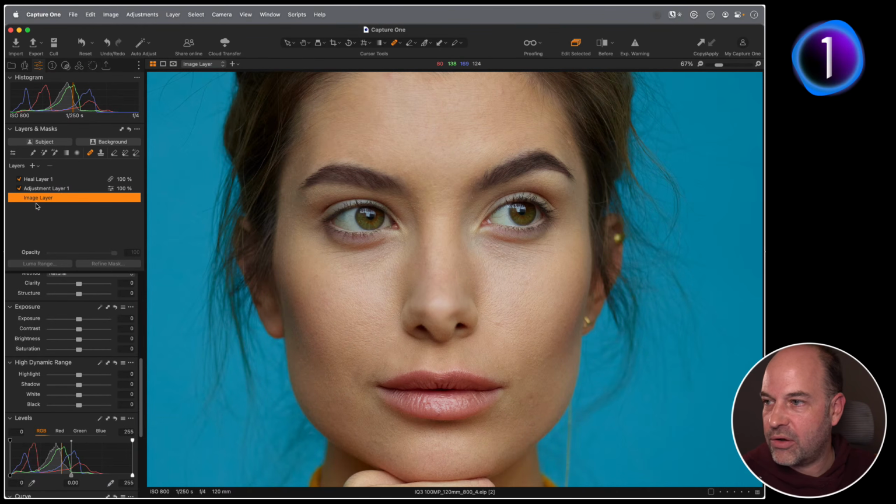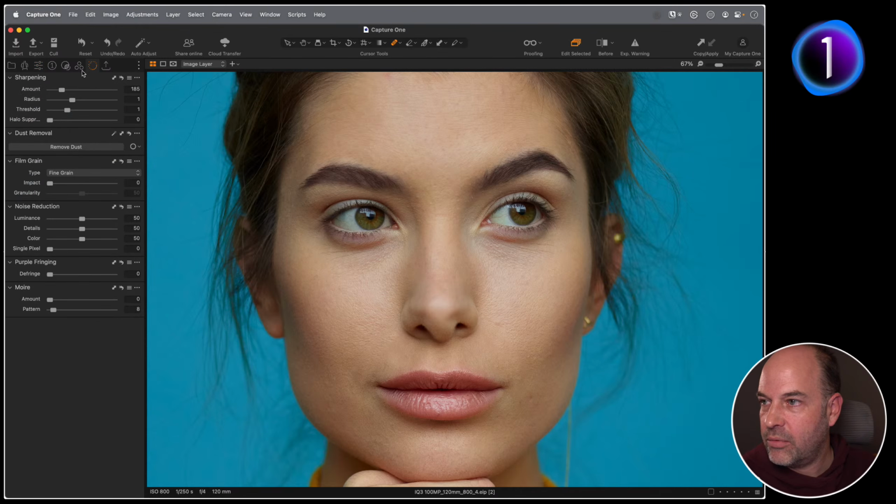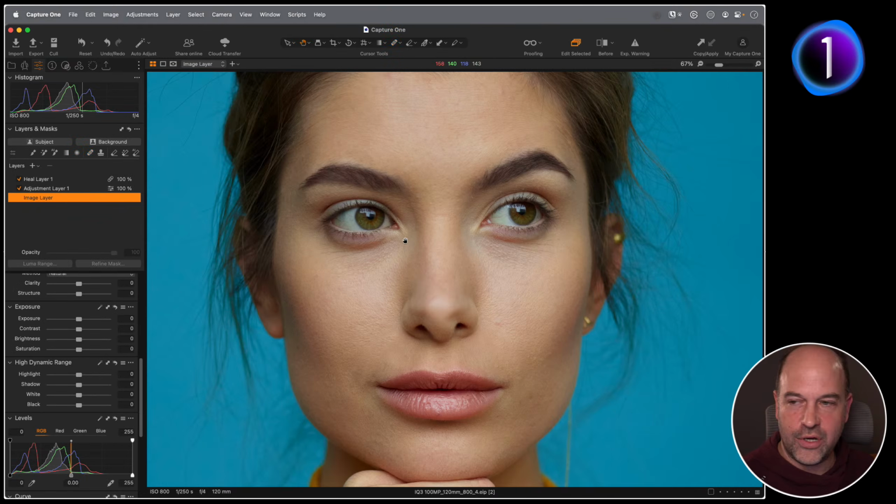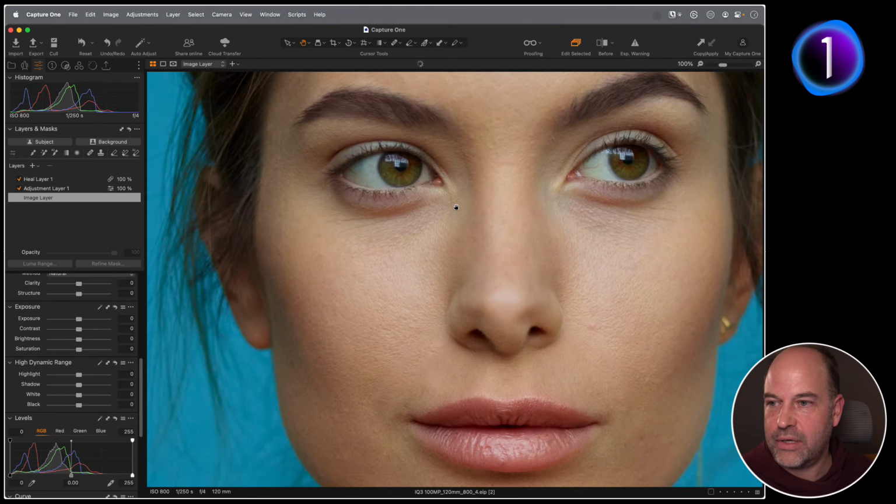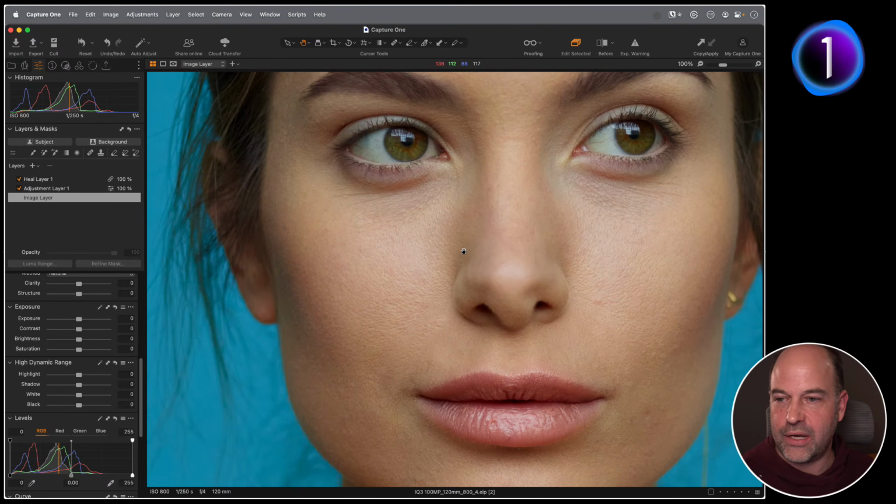So if we look on our image layer, we've got the default sharpening for a Phase One IQ100, as an example. It's 185, 110. Now you might decide that you're going to do sharpening and retouching in Photoshop, so I'm just going to take all of that off. Now we've got no sharpening on this file whatsoever. We could have a long conversation about different sharpening techniques, but that's something you could do.